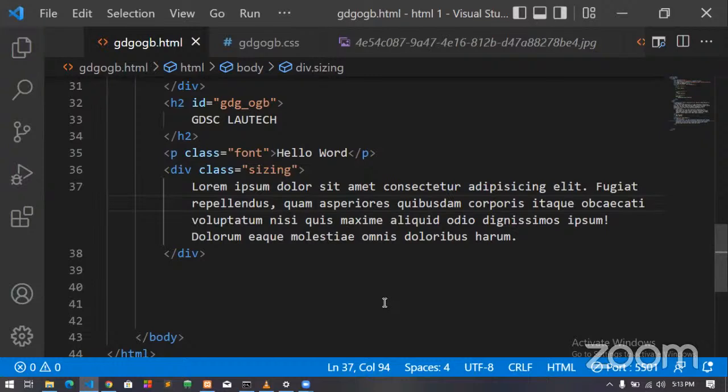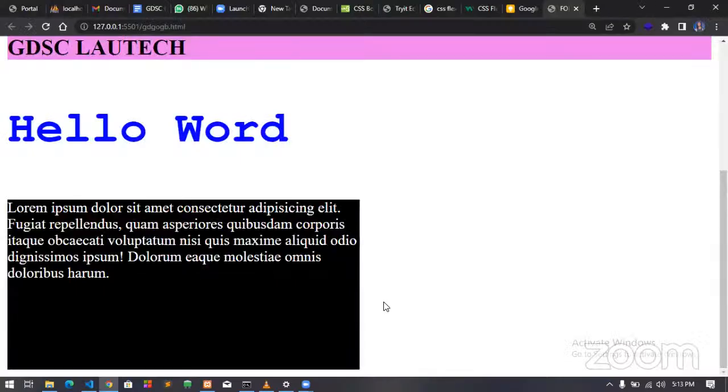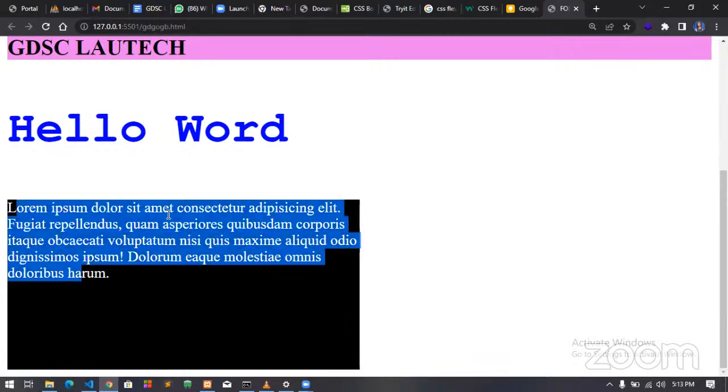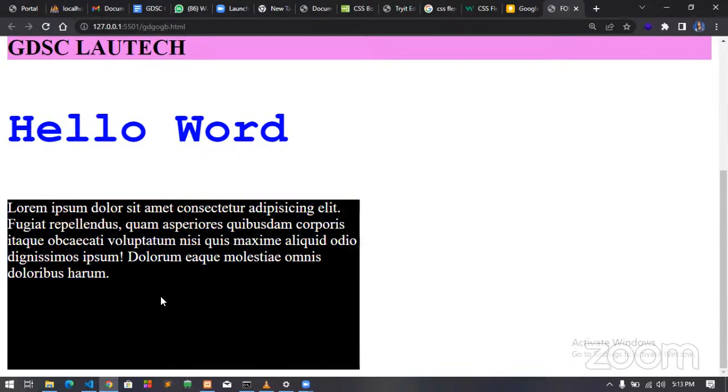So now let me also touch the concept of padding and margin. Padding is the distance between the content of your div and the edges of the div.